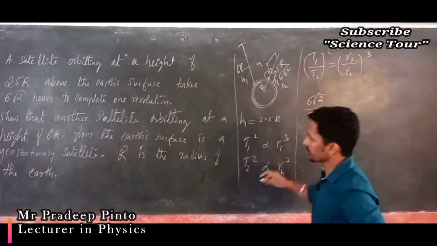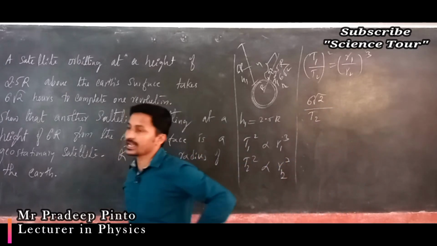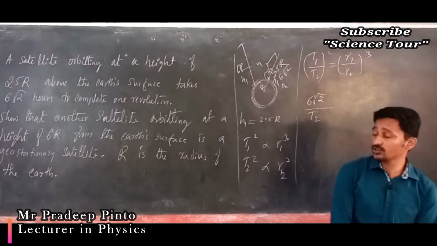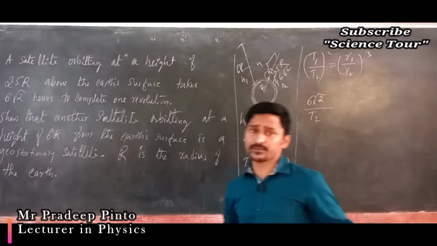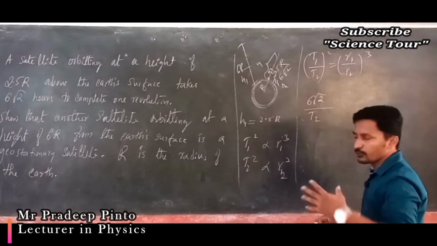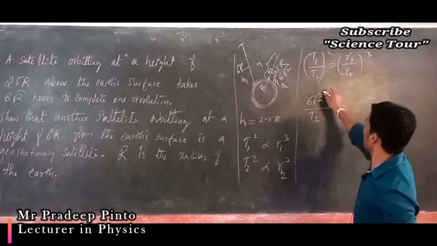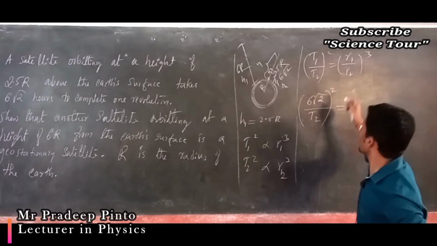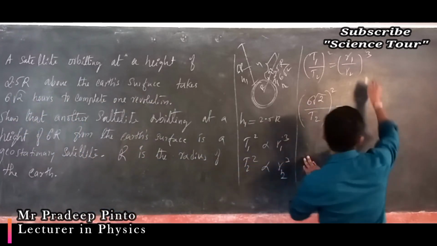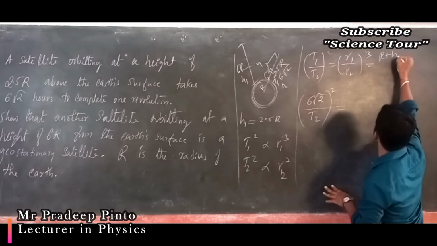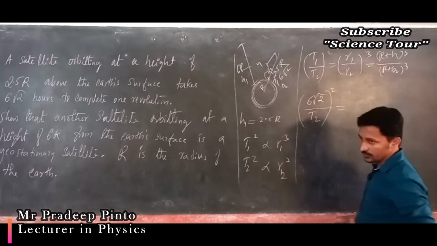Divided by T2, that you have to find out, right? So T2, you have to show that the time period of the Earth satellite is a geostationary satellite. Of course, geostationary satellite means the time period is 24 hours. T2 must be 24 hours, you have to get, the whole square. So then R1 means how much? R1 means actually it is R plus H1 divided by R plus H2 whole cube, no.